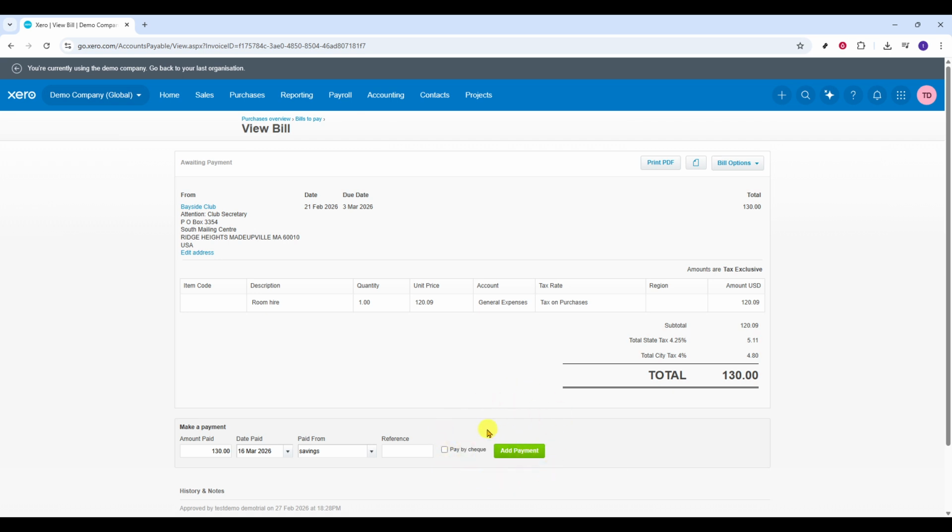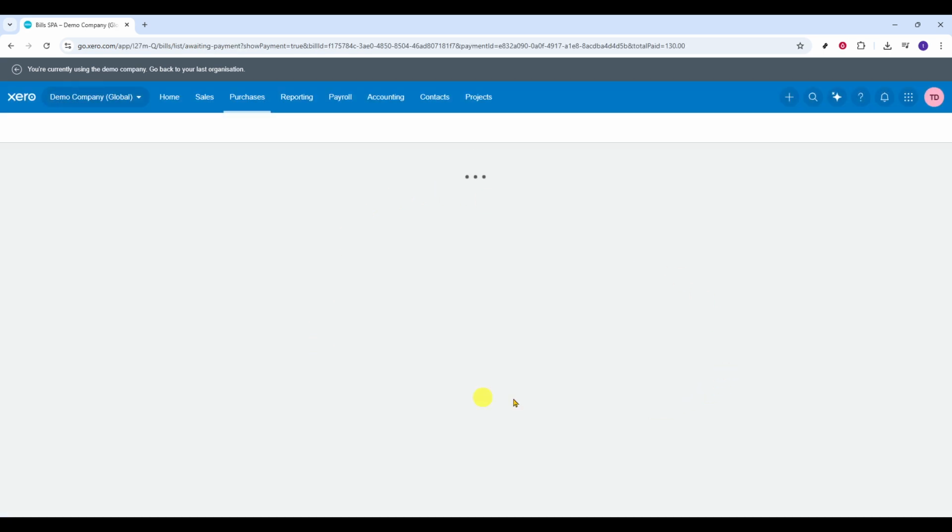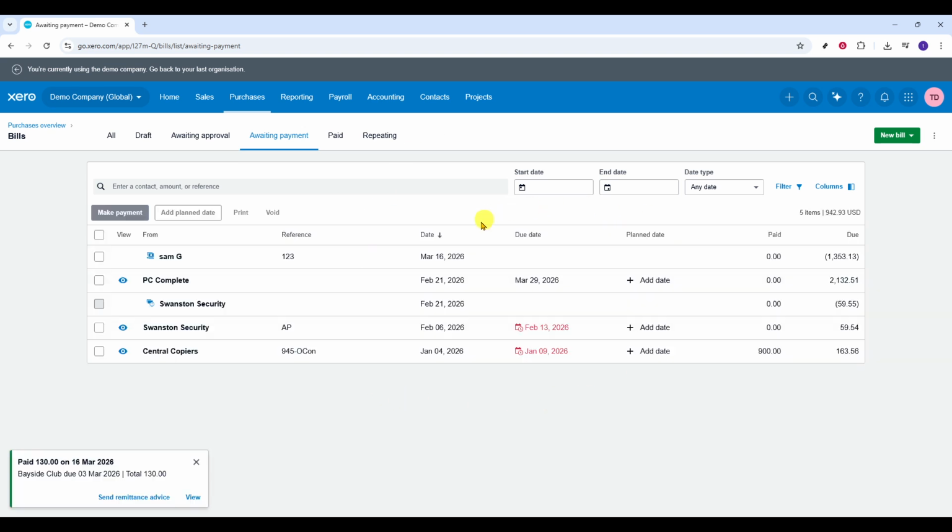When everything looks right, the date paid, the Paid From account, and the payment method, click Add Payment. Xero will record the payment against the bill and update its status accordingly. You'll see the bill move out of awaiting payment and a matching spend transaction will be created in the selected